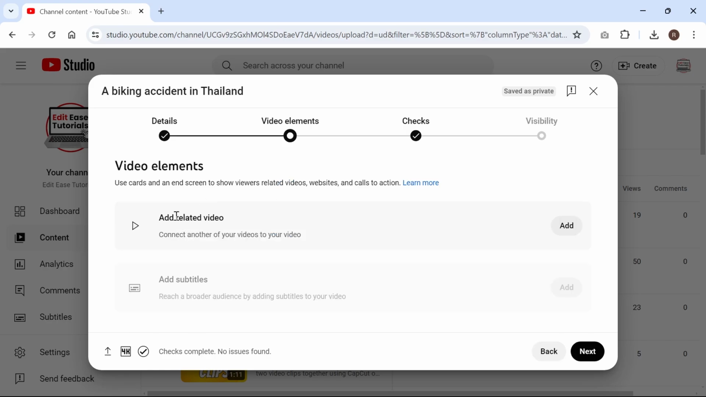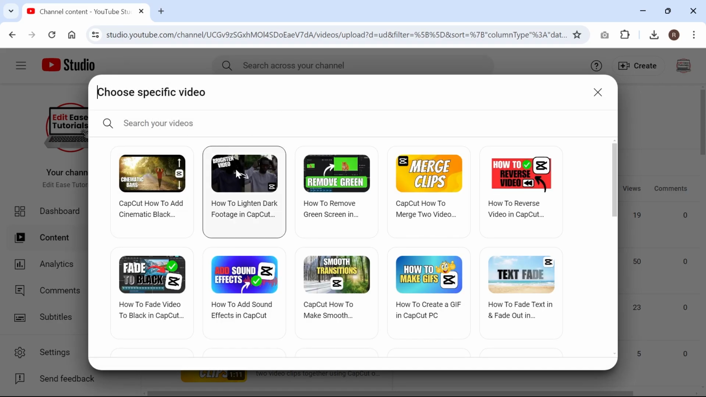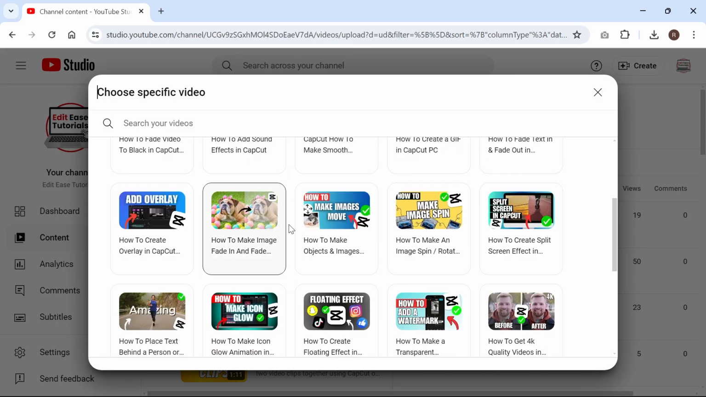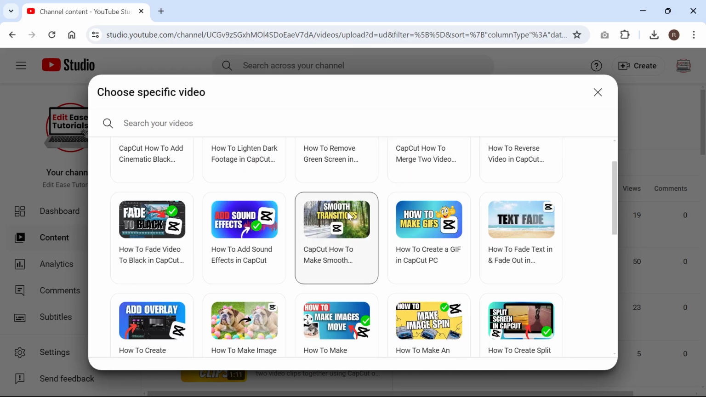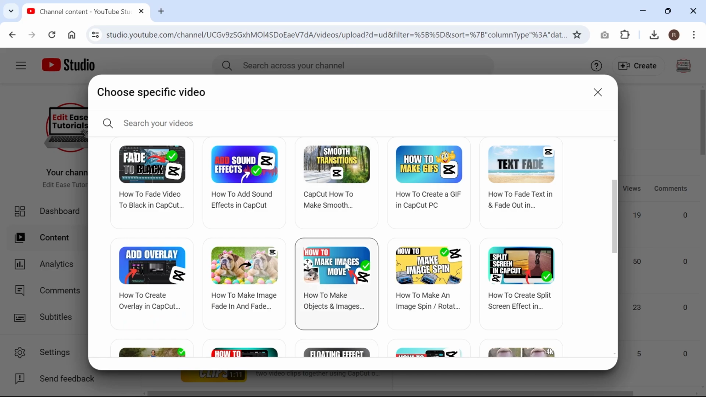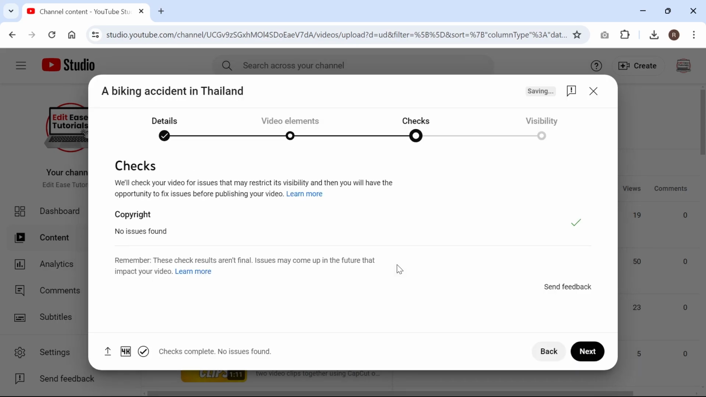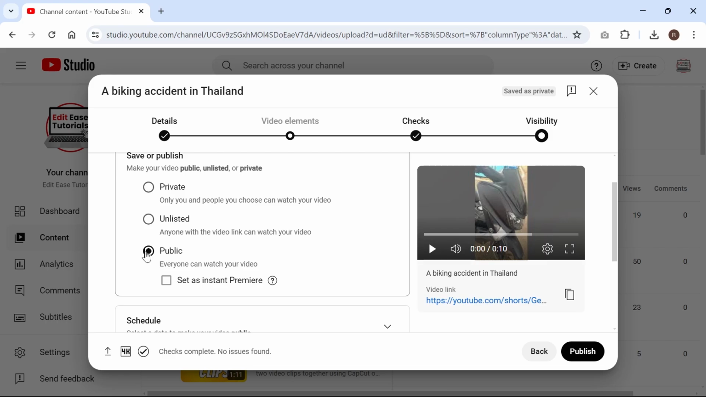next. A great feature here is this video elements and add related video. So if we go ahead and press add next to this, you can add a related video so it will start playing at the end of your short, which is a good way to keep retention. So if you do have any previous shorts here, I'd recommend selecting one, then go ahead and press next, click on next once again, and then finally you'll need to set the visibility to public so people will be able